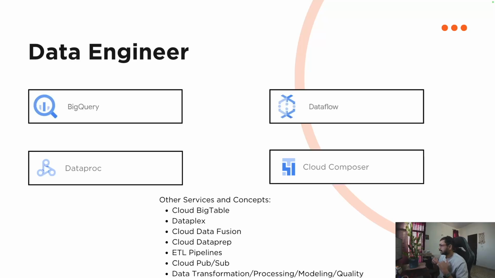Then Dataflow, which is used for processing streaming or batch jobs. And then Dataproc, which is equivalent to Elastic MapReduce in AWS, where you run your Hadoop systems, etc. And then Cloud Composer, where you can run your DAGs. It's like an implementation of Apache Airflow. But these are the 4 services that you should know as a data engineer, along with the core